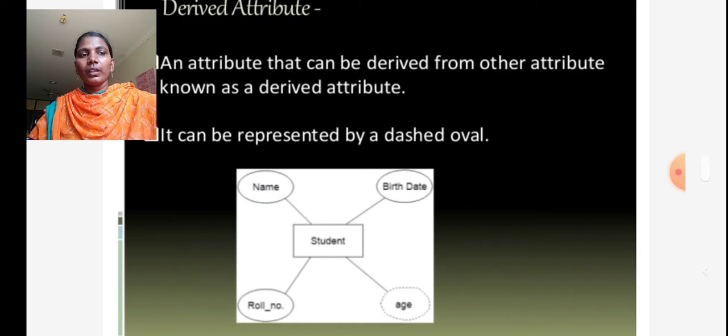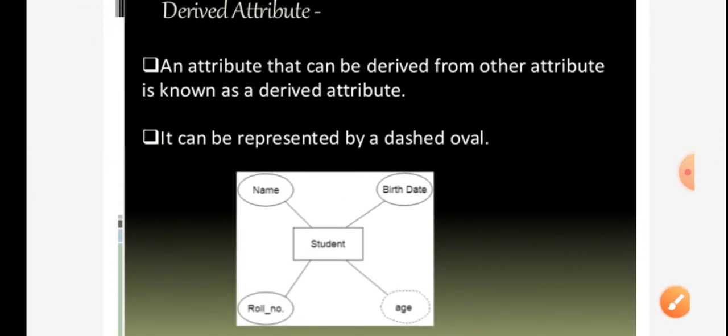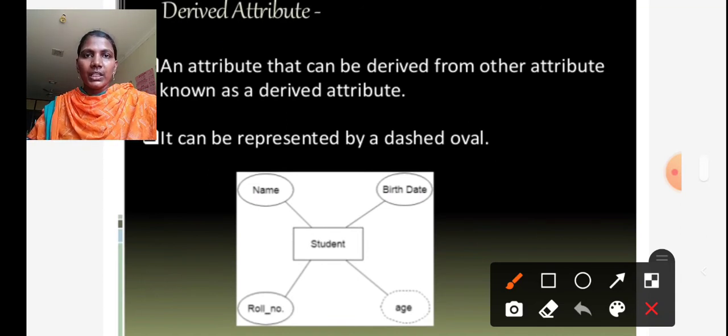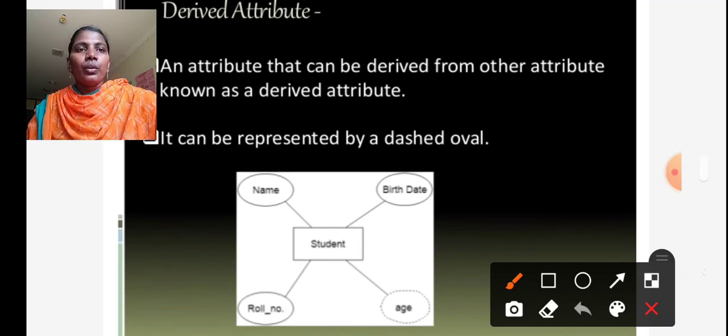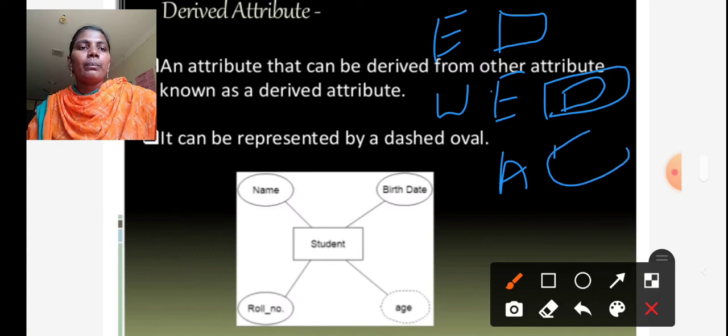So finally, what are the types of attributes and which representations are there? Entity is represented with a rectangle, weak entity with a double rectangle, and attribute is represented with an oval shape symbol.